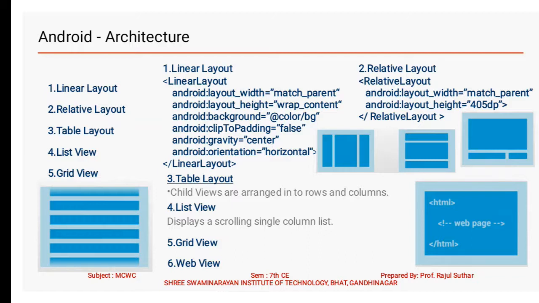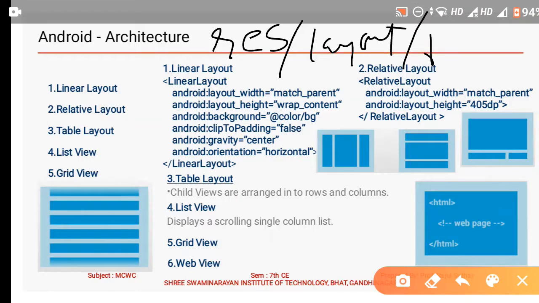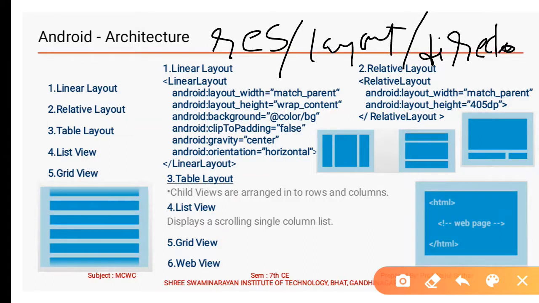Layout resource files are included in the /res, meaning resource, /layout directory. So what is the path of the resource file? Resource files are available in the res/layout directory and are compiled into the application package at build time. Layout files might include many user interface controls and define the layout for an entire screen or describe a custom control used in the layout.